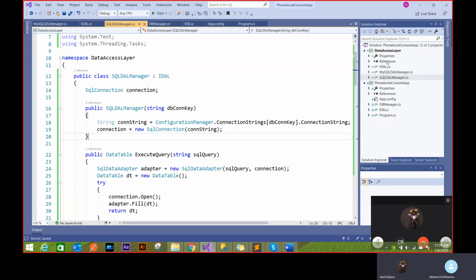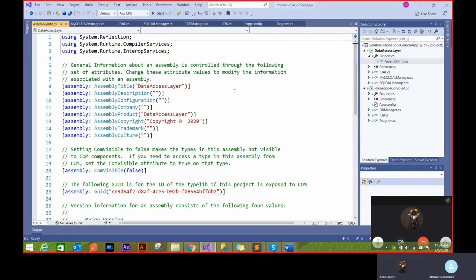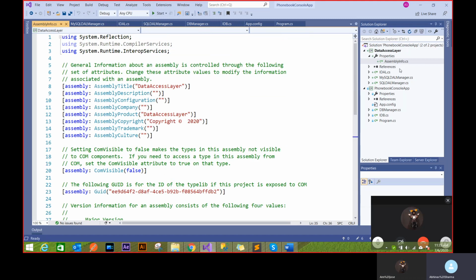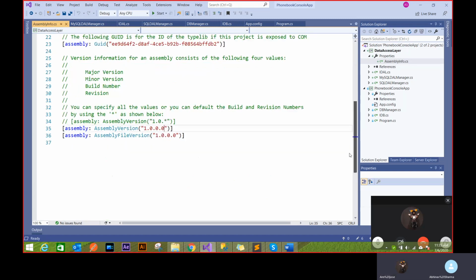Now, in the properties, if you go to this assembly info, this basically helps you to change some things about your DLL. The description, configuration, company name, trademark, culture. It's more on the side of publishing, and your assembly version. So whenever you are updating your code, maybe you want to change your version number. All these things can be done using this assembly info class. But right now we are just creating a first assembly, so we won't be doing that. But think from a production side, if you're working in an industry, then you might want to maintain this versioning.